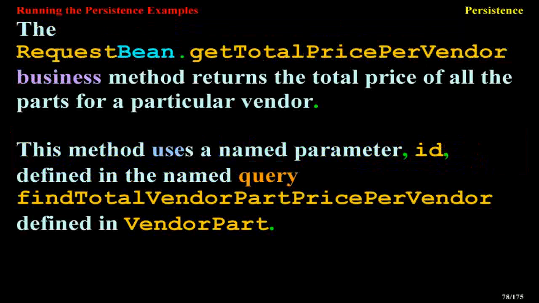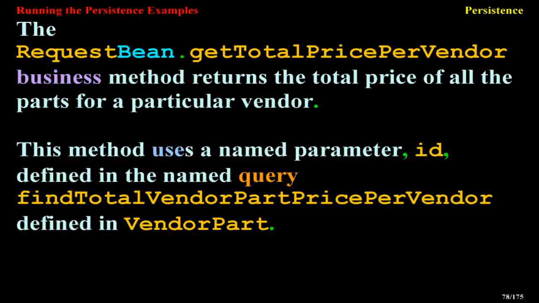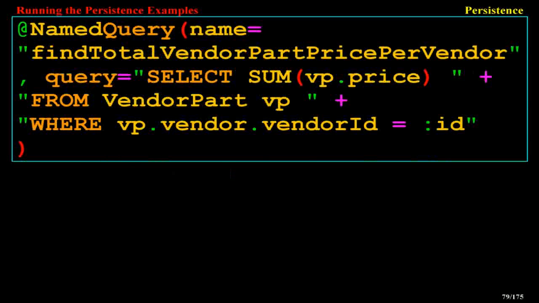The RequestBean.getTotalPricePerVendor business method returns the total price of all the parts for a particular vendor. This method uses a named parameter, id, defined in the named query findTotalVendorPartPricePerVendor defined in VendorPart. @NamedQuery(name = "findTotalVendorPartPricePerVendor", query = "SELECT SUM(vp.price) FROM VendorPart vp WHERE vp.vendor.vendorId = :id")